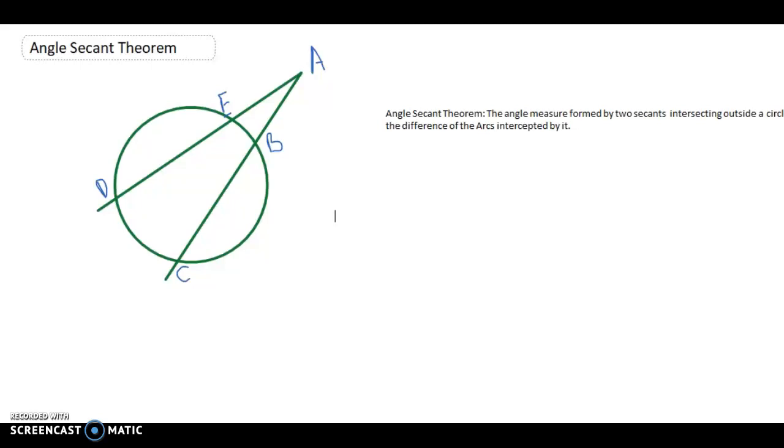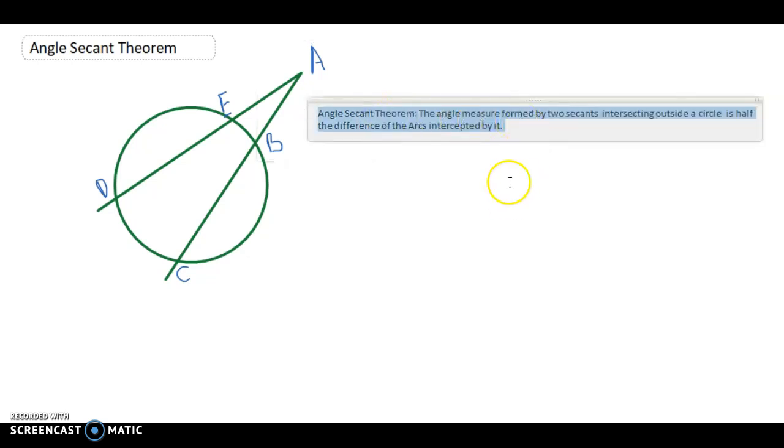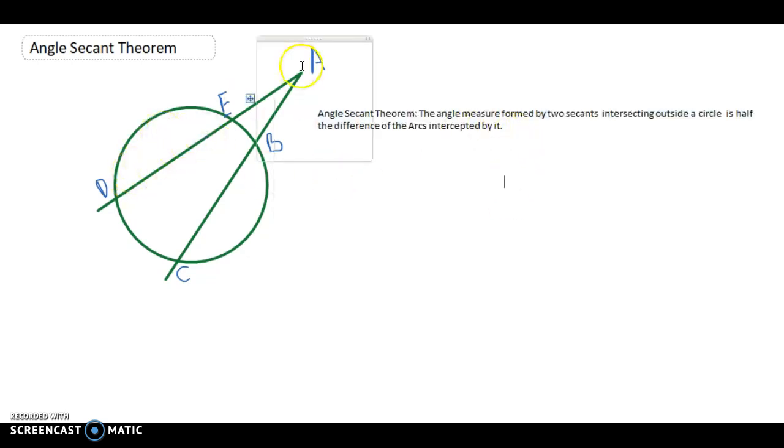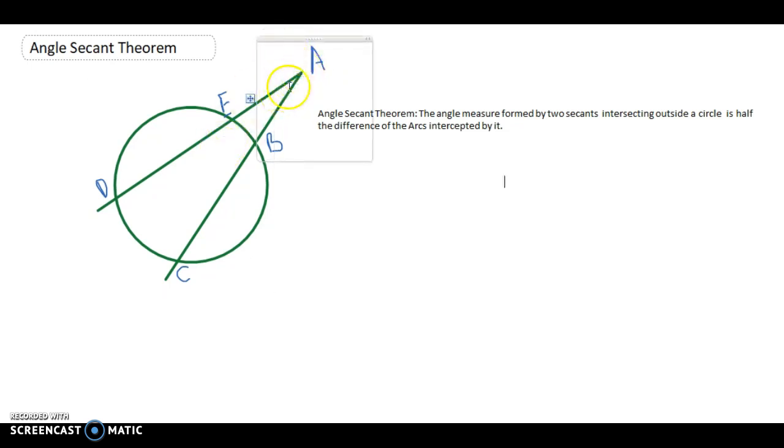Hello, in this video we're going to be looking at the angle-secant theorem. So the angle-secant theorem states that the angle measure formed by two secants, in this case line AD and line AC, when they intersect outside the circle, this angle measurement, or angle A, is half the difference of the arcs that are intercepted by it. So in other words, arc DE,